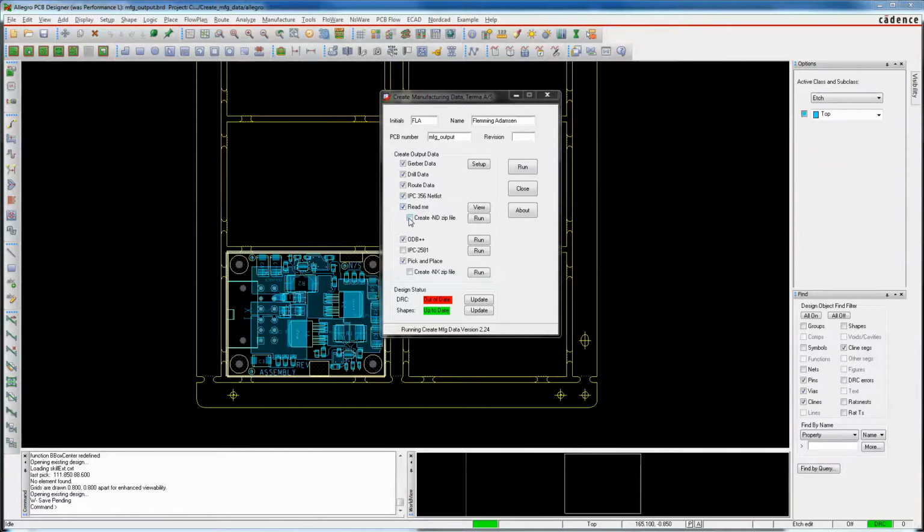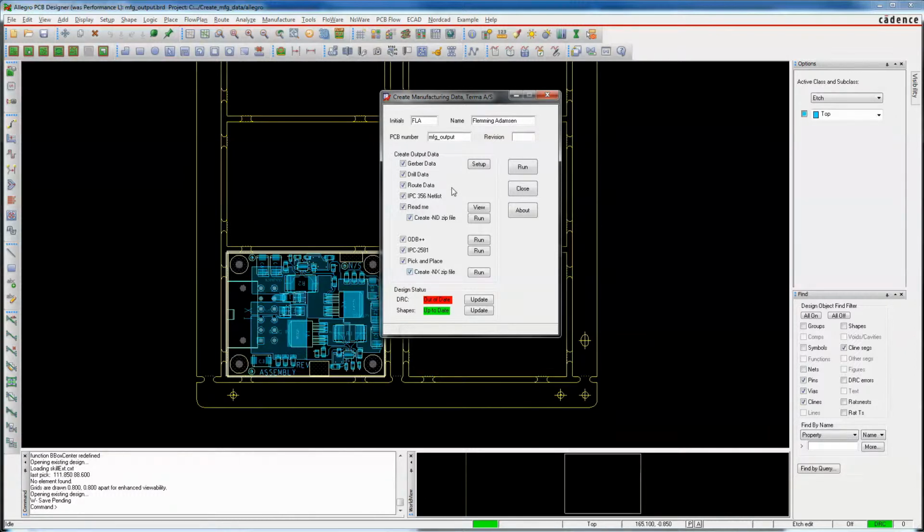You can also choose to create the zip file directly. The other file is the NX data file, which contains data for CCA assembly and documentation. That's ODB++, IPC 2581, some pick and place COM data, and again we can choose to create the zip file